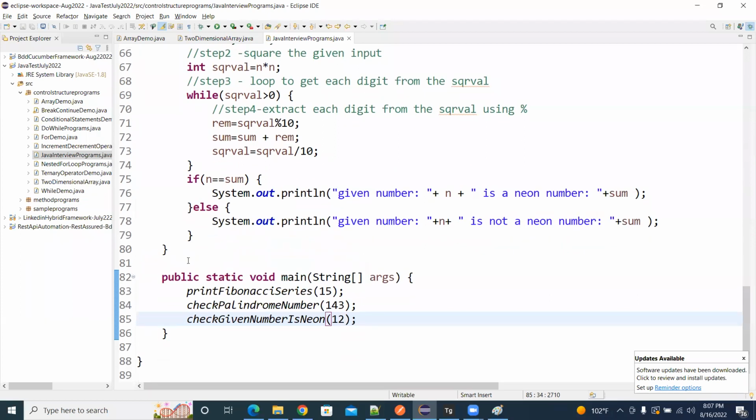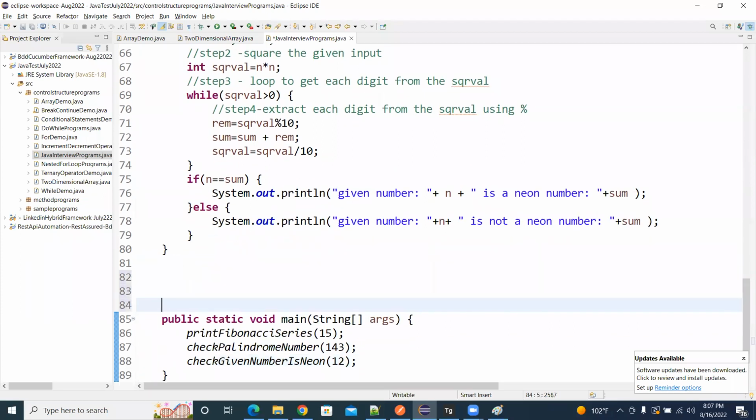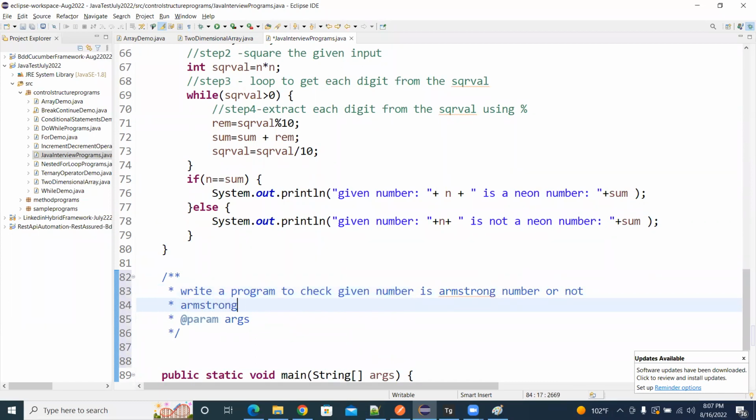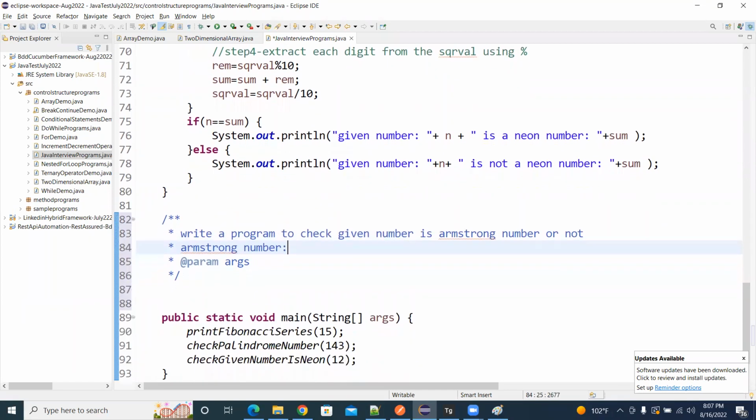Okay. So the next one, it's a very similar program. I'm going to write one more. So write a program to check whether a given number is Armstrong number or not. How can you say that? What is an Armstrong number first? So Armstrong number means